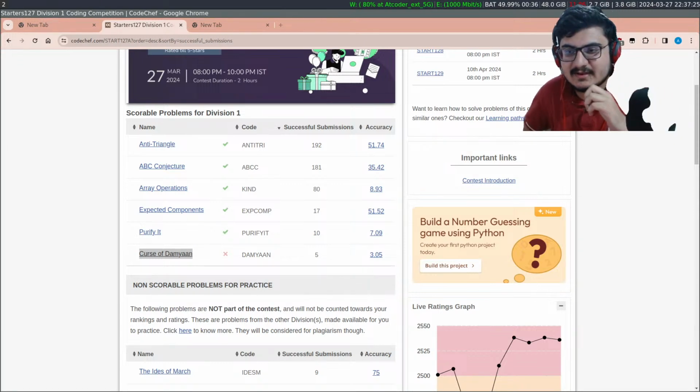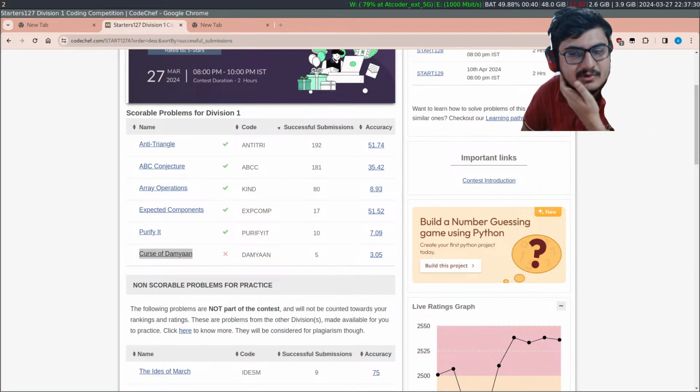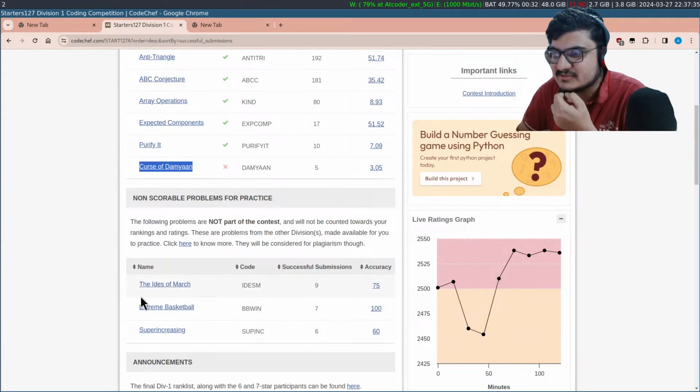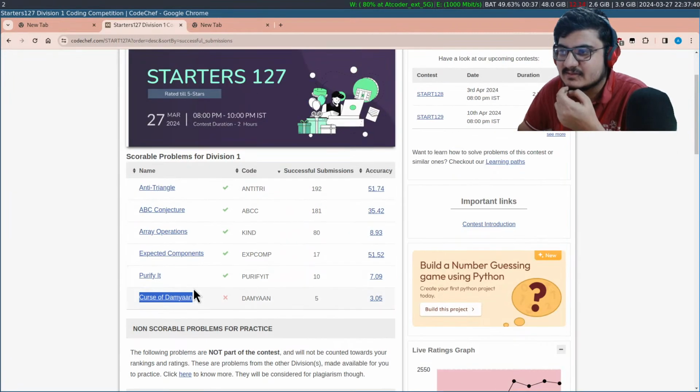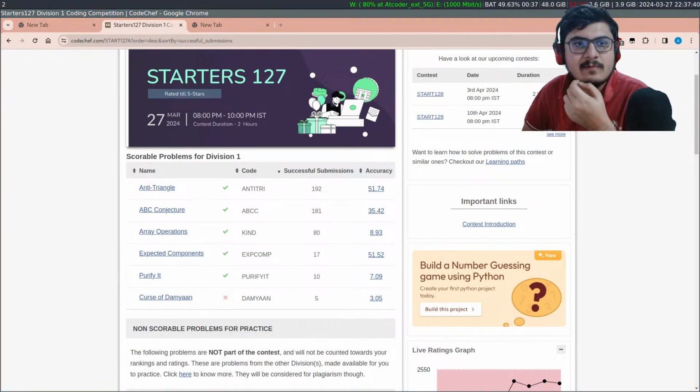Just give me a minute, and probably people in the chat can say how many problems they were able to solve and which was the problem they found most difficult. I think within 5-10 minutes I would be done with the first three problems, and then I will start in this order.